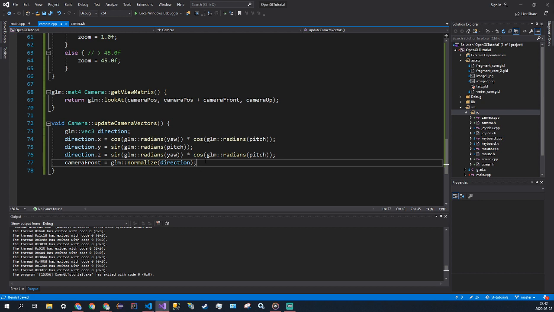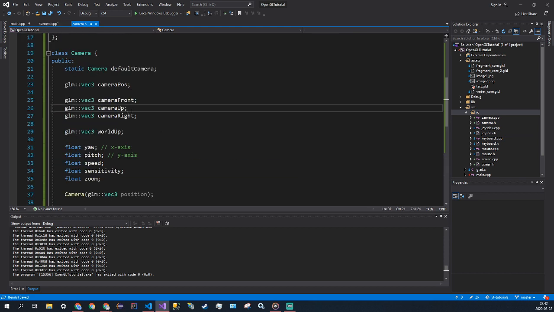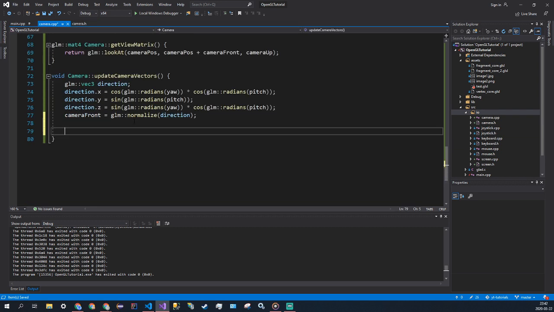Alright, so we set camera front, now we need to set camera right and camera up. Because we're in a right-handed coordinate system, we only need the camera front and the world up, which will stay constant. That's why we have a world up variable, because that's just a constant. You can't change which way is up on the Earth, or in your world. You could if you wanted to, but